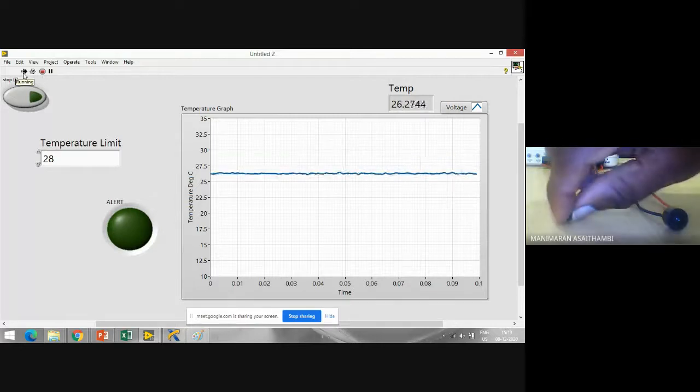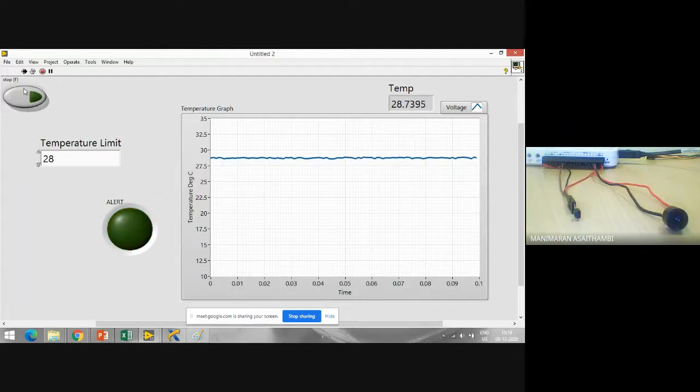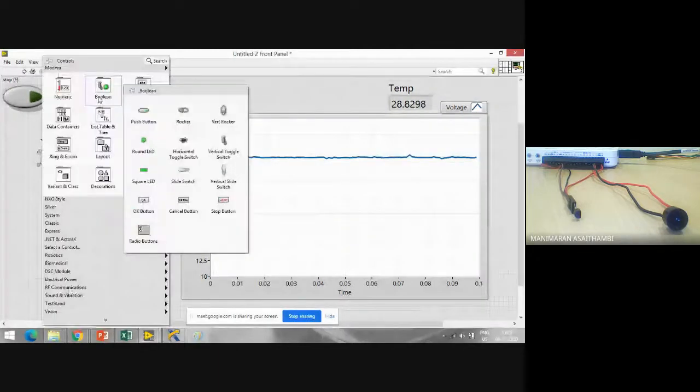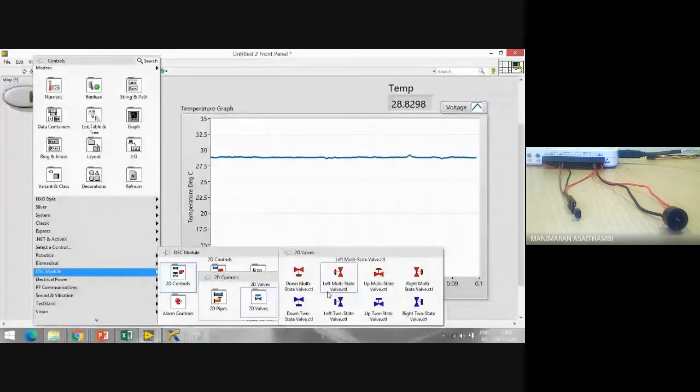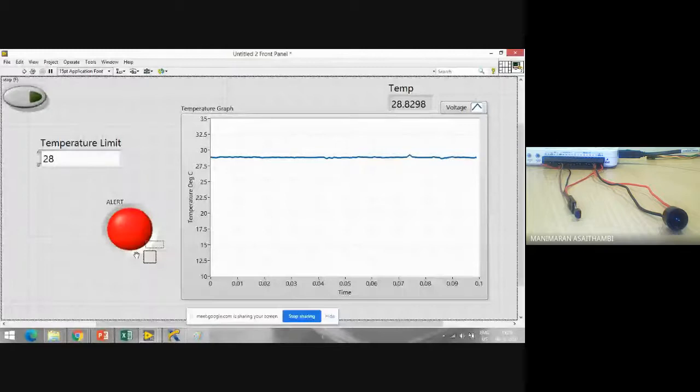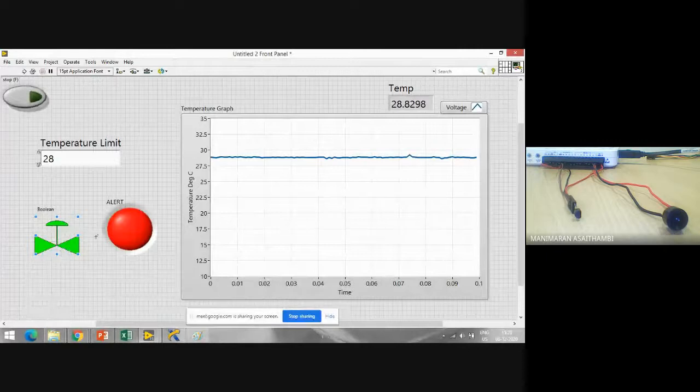So the temperature is 28, I'll try to increase it beyond 28, so that is the beep sound over there. So now here I can have one more, something as an open valve. For example, I have something as a control, so I need to open this valve. I can open this valve so that this alert will go down, or for any fire cases or fire alarms. So whatever I want to make with this, I can define my own logics, I can define my programs.